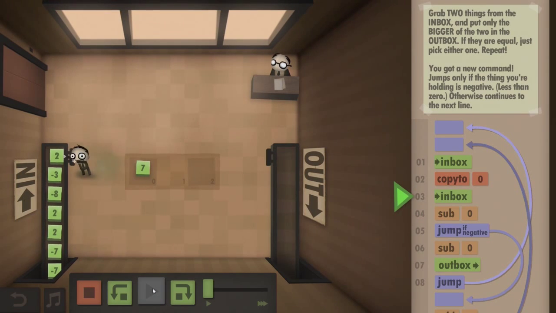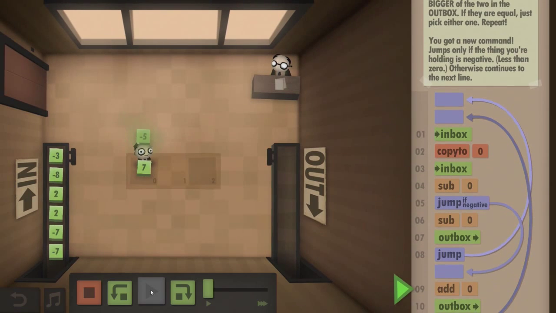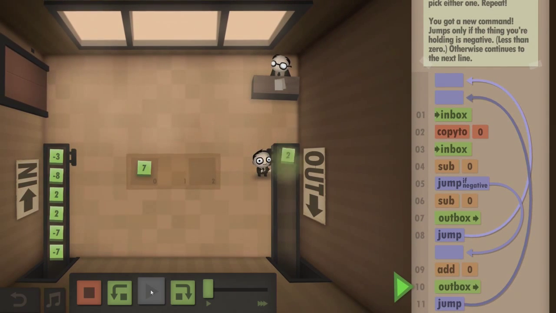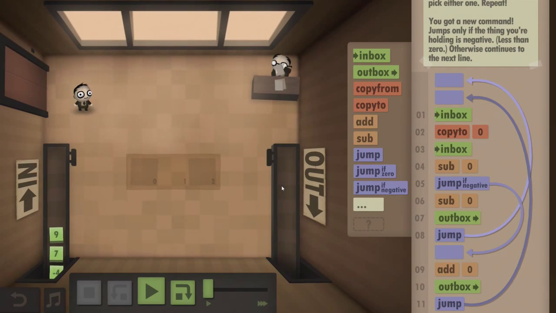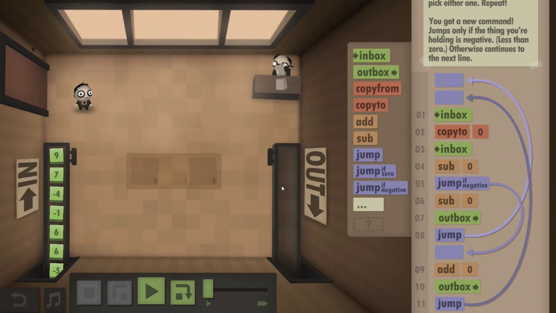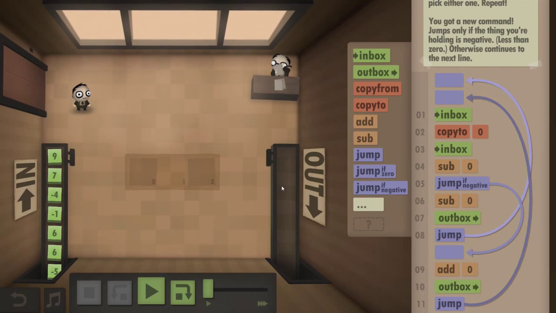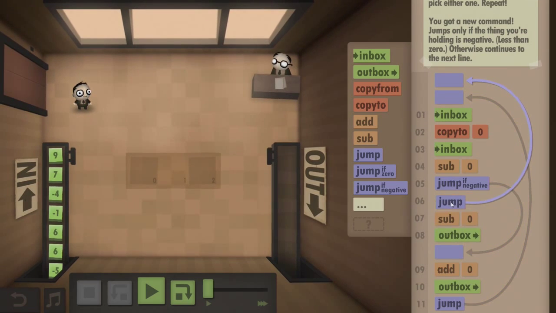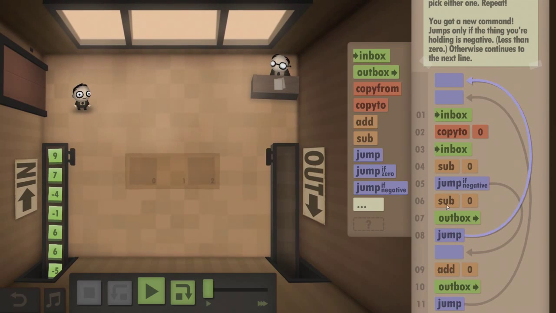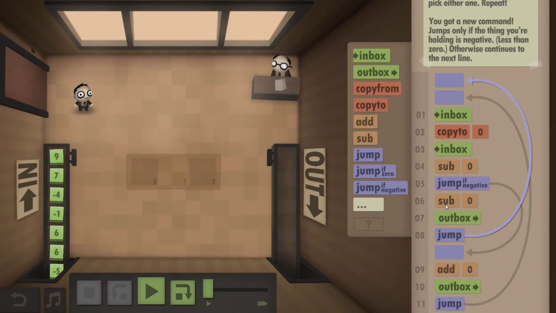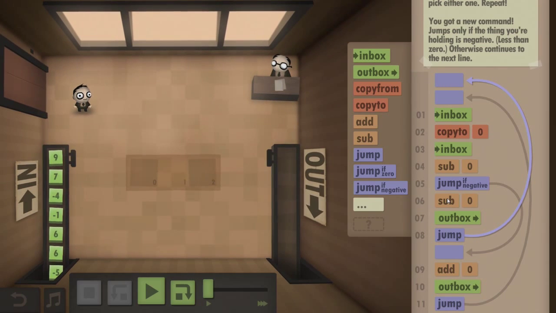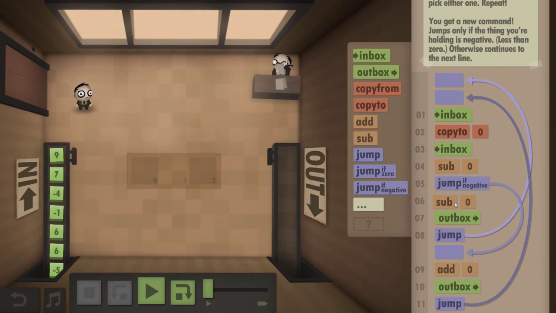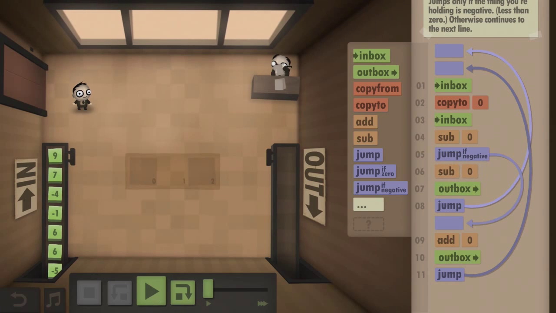So 2, that, jump if negative to add 0. Well, that was wrong, wasn't it? So